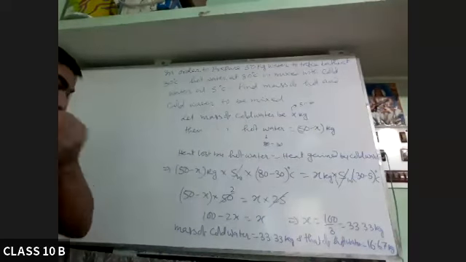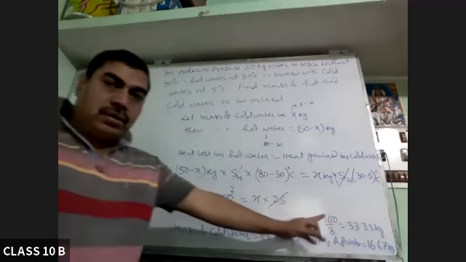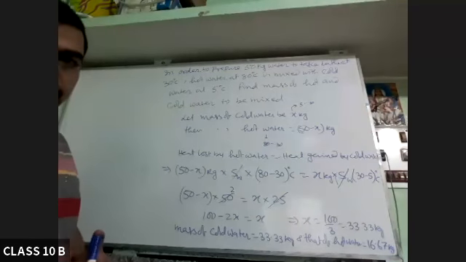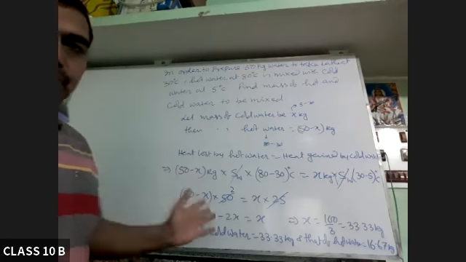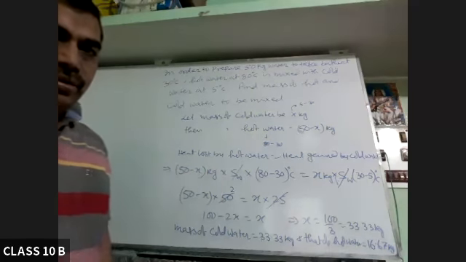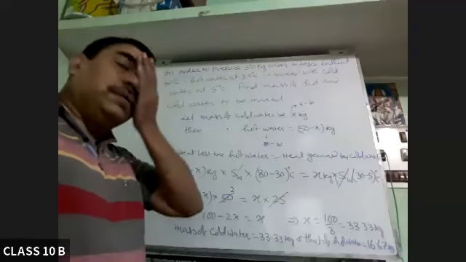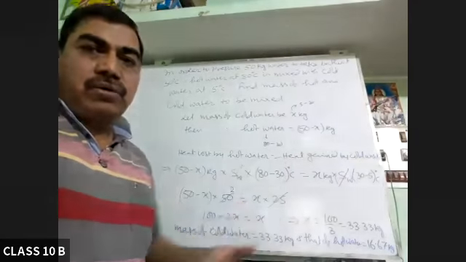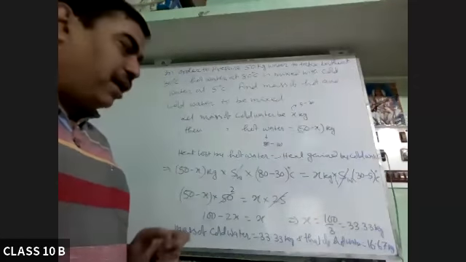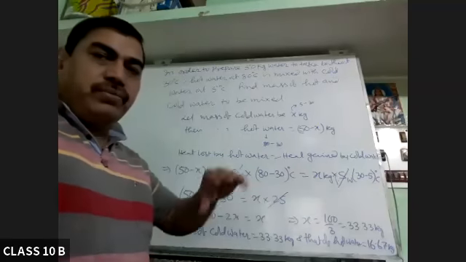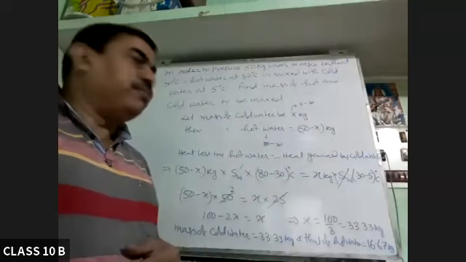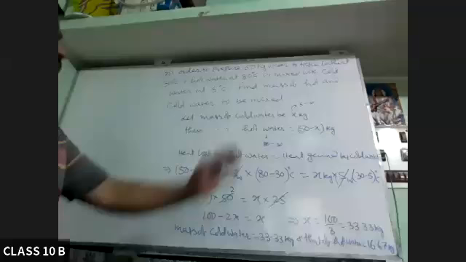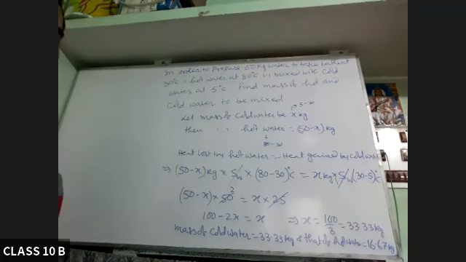If you are asked the ratio, then one is 100 by 3, another will be how much? 50 by 3. So in the ratio of 2:1. So 2 kg cold and 1 kg hot will be mixed. So when you are opening the mixture tap, the cold water should be coming twice and hot water will be just half of the cold water. Then you will get the mixture temperature of 30 degrees.